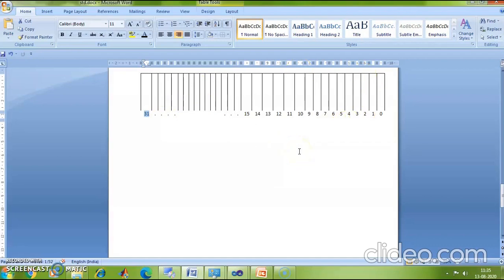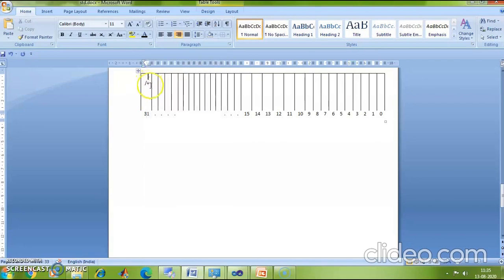Now you'll ask me, why is the maximum value of this integer variable 2 raised to 31? You say there are 32 bits, but then you say the maximum value that it can store is 2 raised to 31 minus 1. That's because the last bit holds your sign, that is either negative or positive. So the sign is being stored in the last bit.